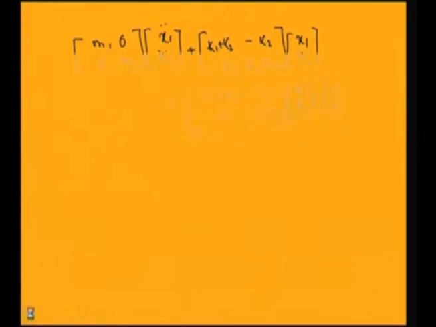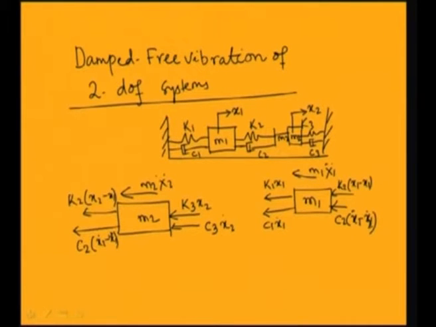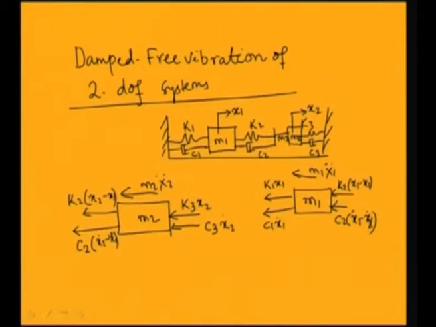So, from this free body diagram of this system you have determined the equation of motion by applying Newton's method. Also you may apply the Lagrange principle to find this equation of motion. In that case you can write the kinetic energy of the system. So, kinetic energy of the first mass equals half m1 x1 dot square, and kinetic energy of the second mass equals half m2 x2 dot square. So, total kinetic energy of the system becomes half m1 x1 dot square plus half m2 x2 dot square,